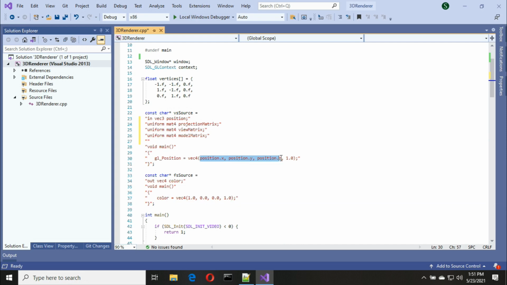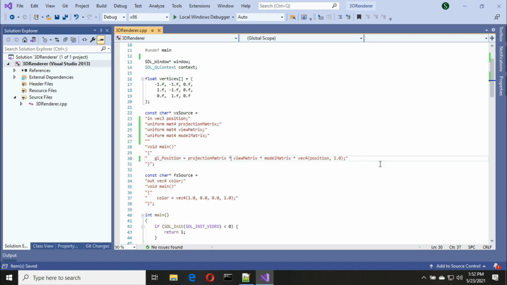Now here I am using another way to create a vec4 type by passing vec3 value directly into it instead of passing x, y, z values separately. This has no effect to the functionality. It is just a nice way to create a vec4 type from vec3 type. And then we need to multiply our matrices. Please note that the multiplication order is important for matrices. First, we multiply by model matrix and then the view matrix and finally by the projection matrix.